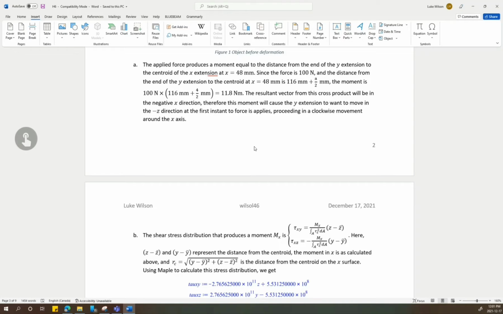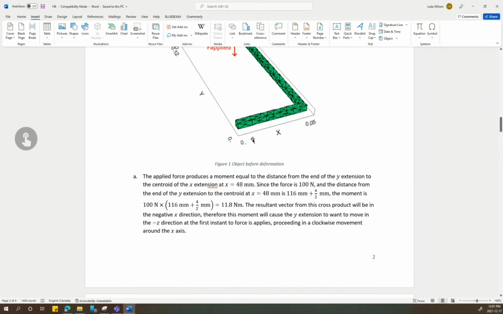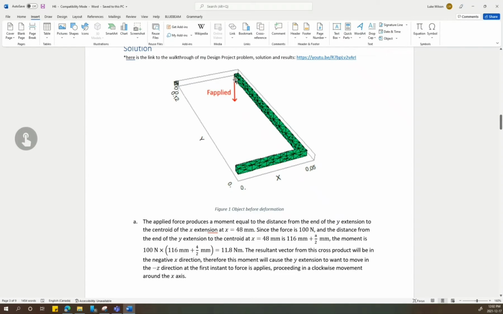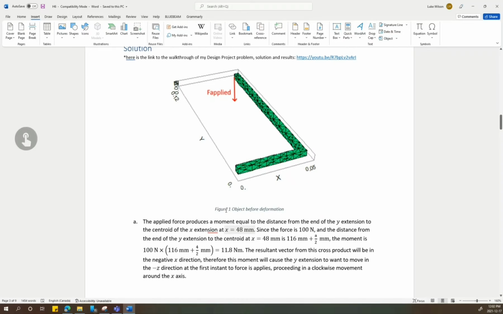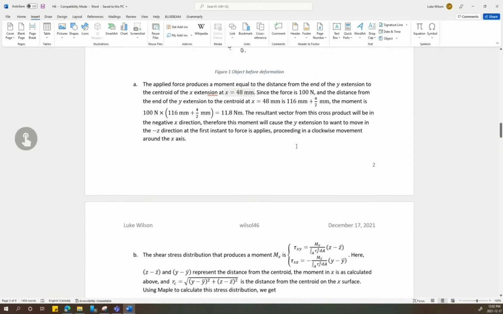Okay, so I first calculated the moment by crossing the force, which was 100 newtons applied on the end of this face, with the total distance from the end of this y extension to the middle of this x extension over here. So that turned out to be 100 newtons times 116 millimeters, which is the distance from the edge of this face to the end of the y extension, plus 4/2 millimeters, which is half of the cross-sectional length. So it's right in the middle there, and that gave us 11.8 Newton meters,